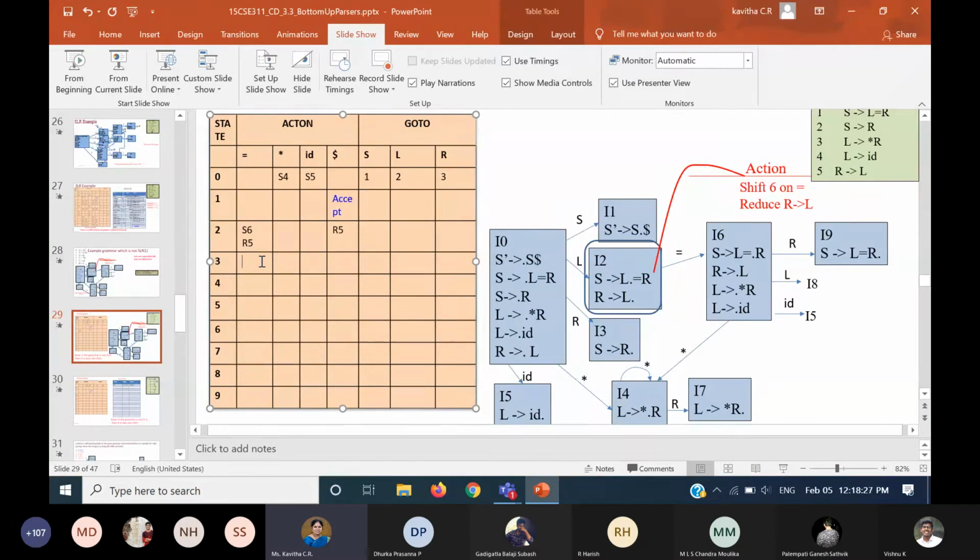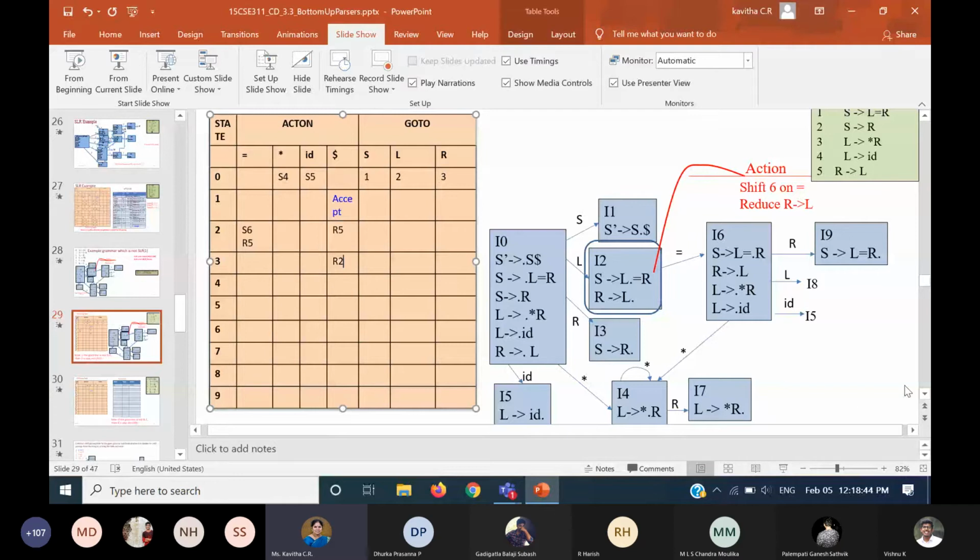Coming to state number 3, state number 3 is S gives R, that is rule number 2. Rule number 2 means you have to apply the reduce action, and the follow of S is only dollar. So R2 is applied only for dollar.